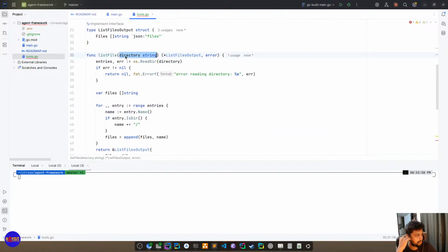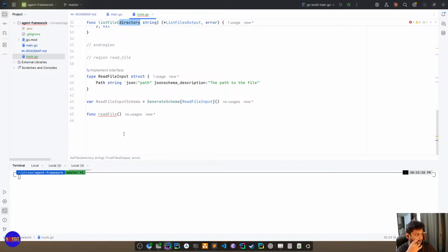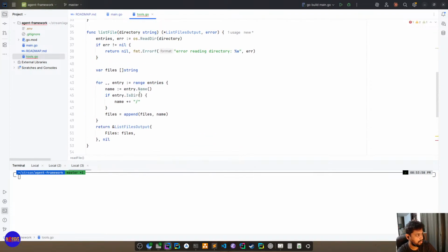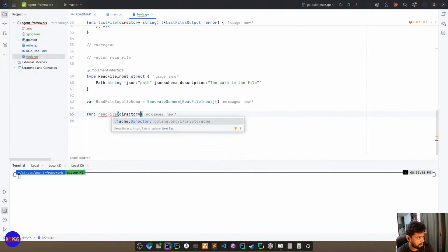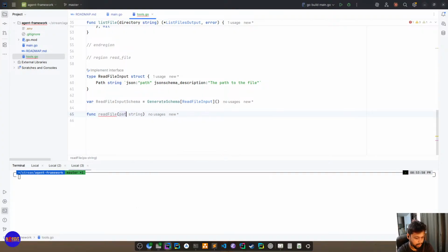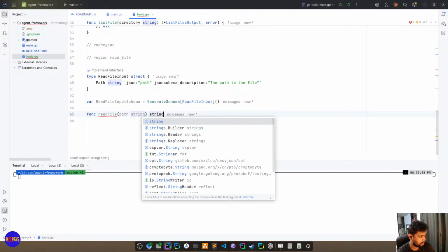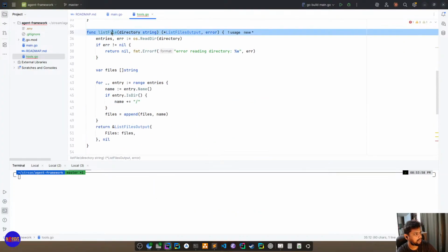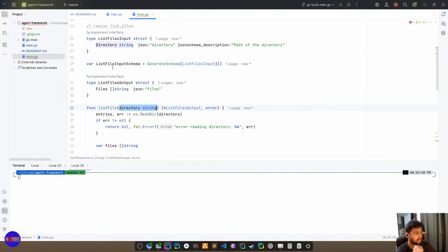Sometimes we would have to ask this implementation to parse the request because we already know what is the structure of input.